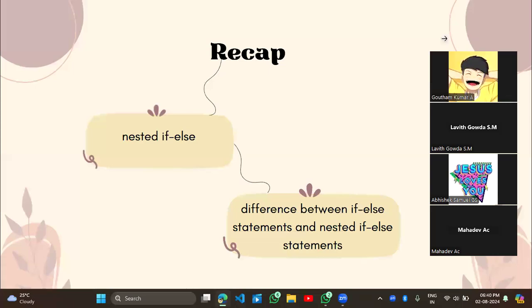Multiple levels of decision. In a nested if else statement, there will be one chance of decision making, but in a nested else statement there will be multiple choices of decision making. And if else statements are used for simpler conditions, but nested else statements are used for multiple big complex codes,